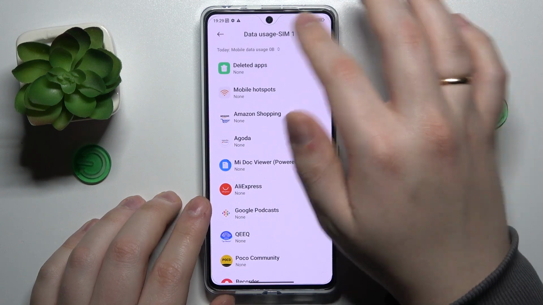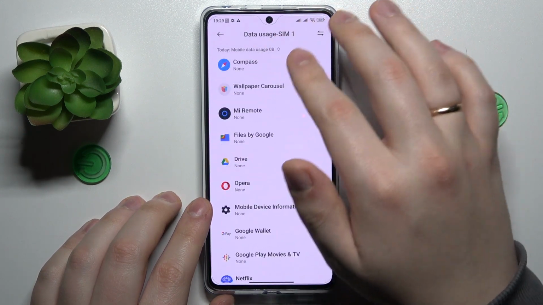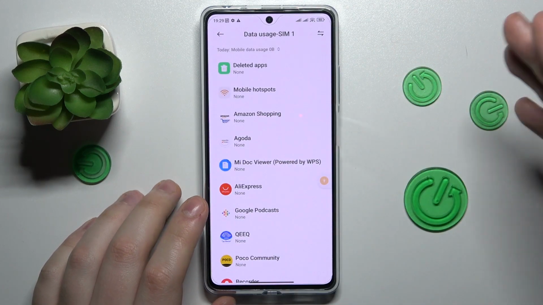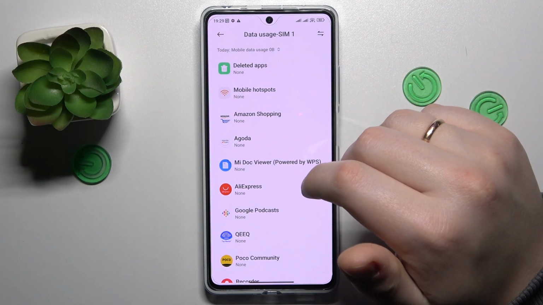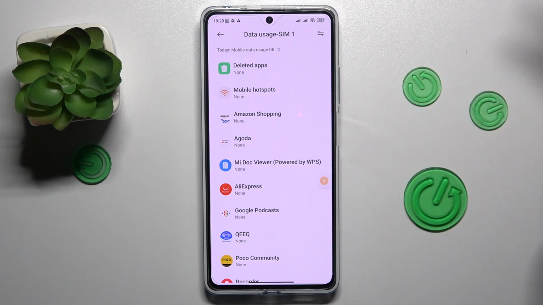Here at the top of the page you'll find the general amount of cellular data used, and at the general page itself you can see which application or system service used exactly how much of your mobile data. If you would like to change the SIM card that you are checking the cellular data usage for,